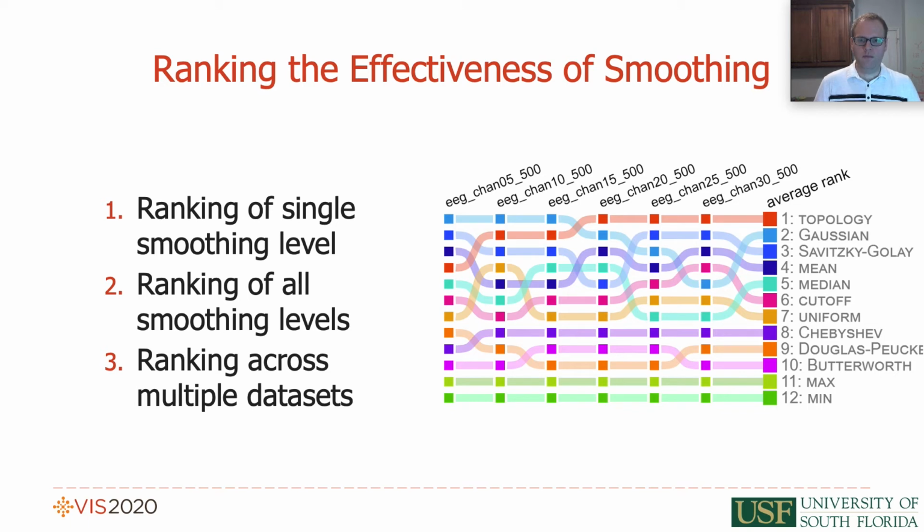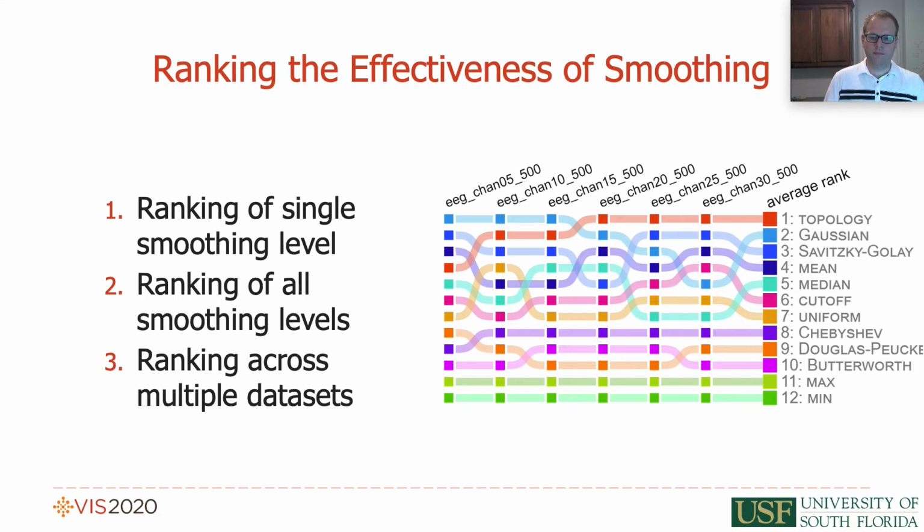Once our metrics were defined, we set about a method of comparing the effectiveness of different techniques. To do this, we devised a method for ranking the efficacy of methods either at a single level of smoothing for a single dataset, across all levels of smoothing for a single dataset, or across multiple datasets simultaneously. The resulting rankings are represented in a rank plot as seen to the right, where better ranked techniques appear towards